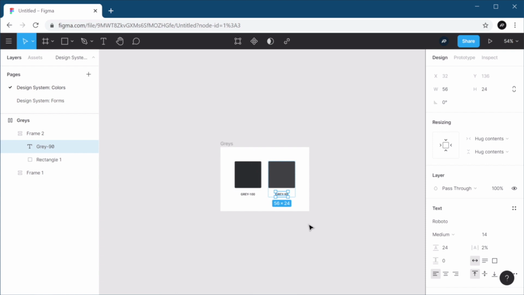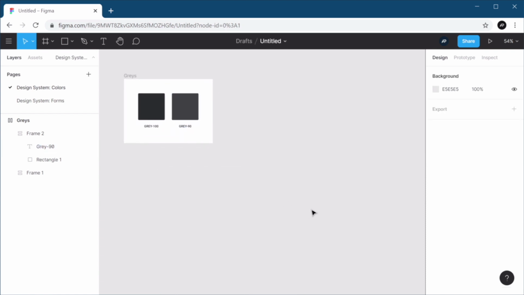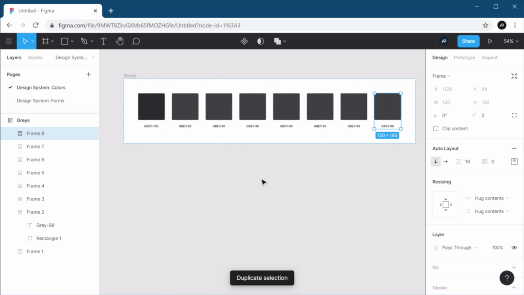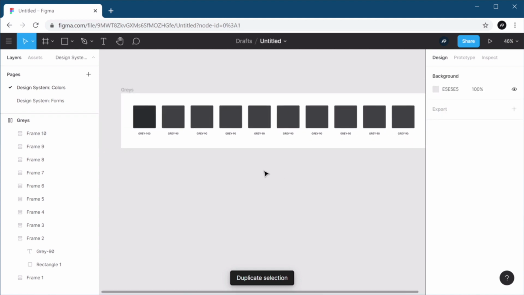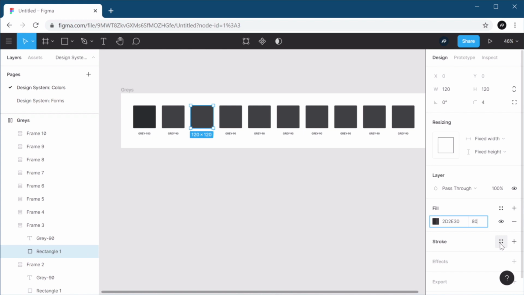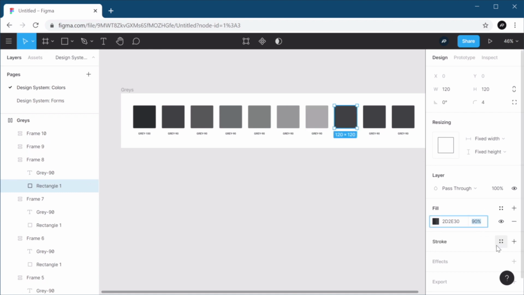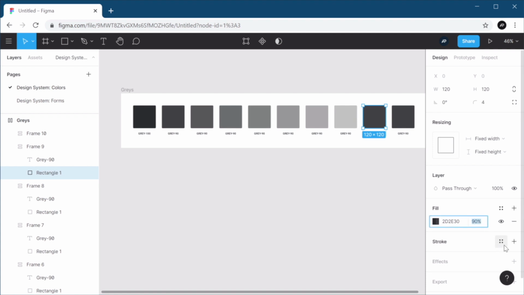What I do is I basically create tints of that color, which is that color mixed with white. And I do 10 of them, from 100 to 10. All right. Now it's just a matter of repeating the process. So we have 3, 4, 5, 6, 7, 8, 9, 10. And on each one, I'll lower the color opacity by 10%. So this is 70, 60, 50, 40, 30, 20,